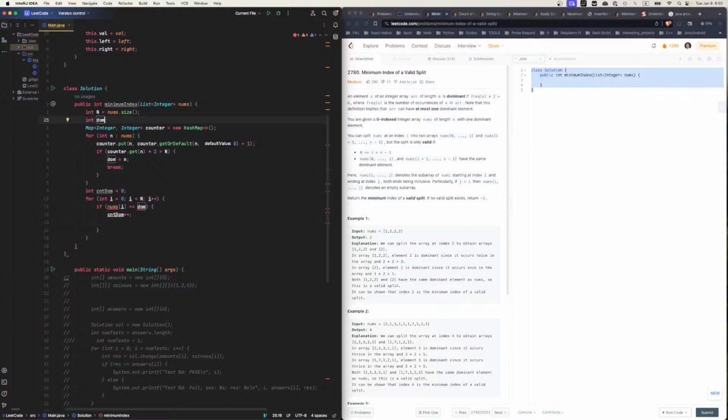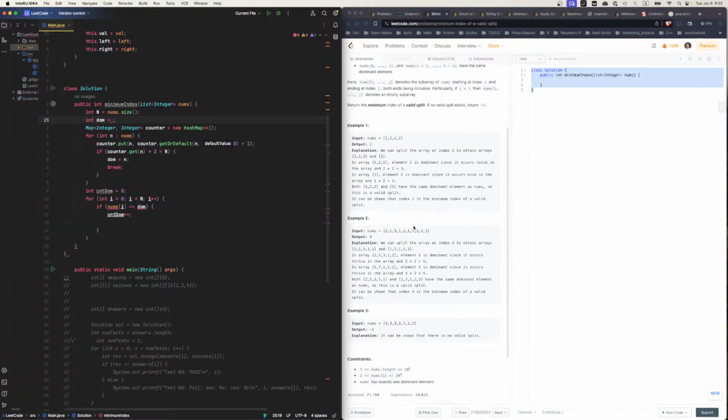It's telling me it's not defined, so I define it to 0. Wait, what's wrong here? Oh, good call. We say if countDom times 2 is larger than i plus 1. This is the current length of the left, and the remaining